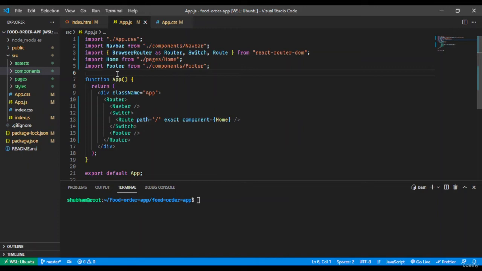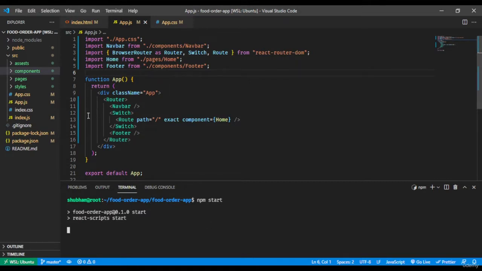Hello everyone and welcome. In the previous part, we completed the navbar, a landing page, and a footer containing icons to our social media handles. So now we're gonna move forward and create the rest of the things. First of all, let me just start the server with npm start, and while the server is starting, let me